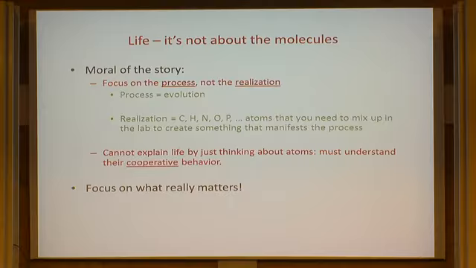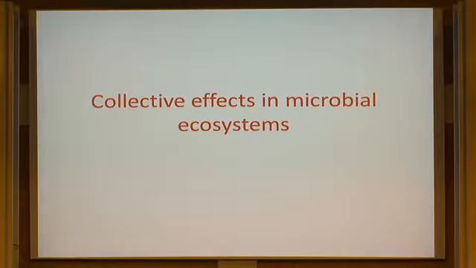important? When we try to model something like the genetic code, I'm going to try to make a minimal model, a model that's kind of like the BCS model of superconductivity, one that just focuses on the important details and doesn't even try to describe things like chemistry, which require much more detailed understanding. Okay, so what really matters in biology are collective effects, and I want to now talk about microbial ecosystems. This is going to be important, not just because people here are interested in microbial ecosystems, but because it's going to be important for understanding the origin of